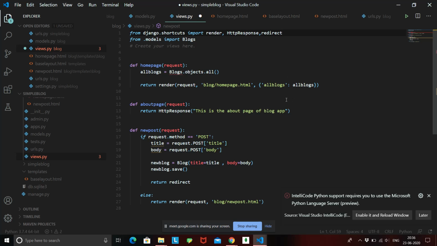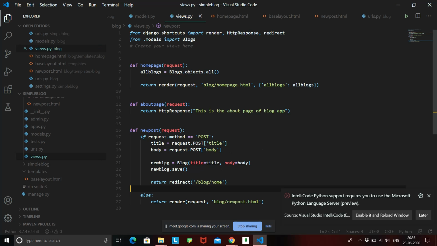Once we have redirect imported, we need to redirect to /blog/home inside the string. Or you can just give home, it doesn't matter, just make sure your URLs are correct.